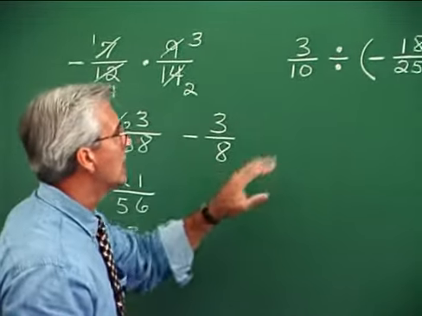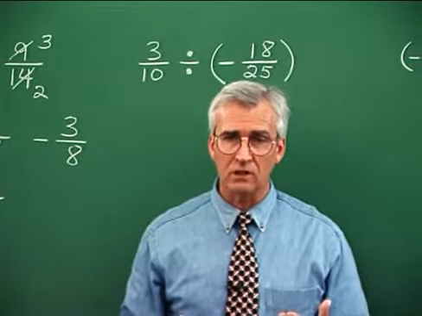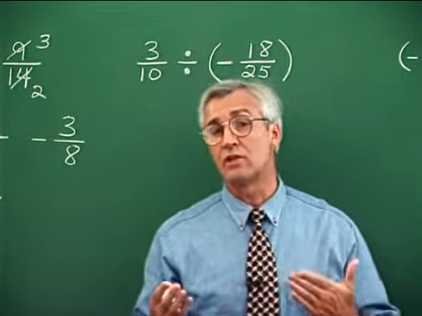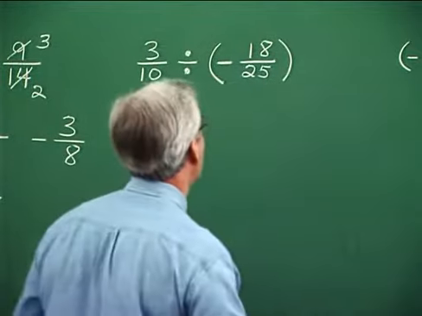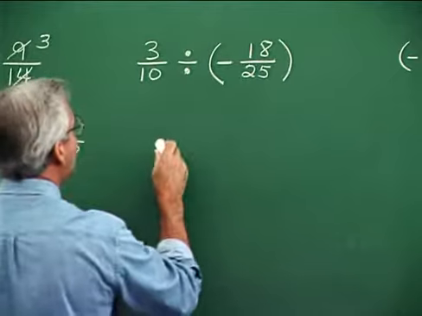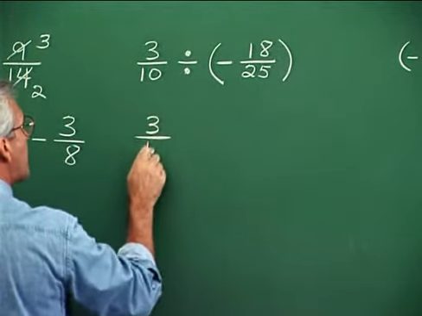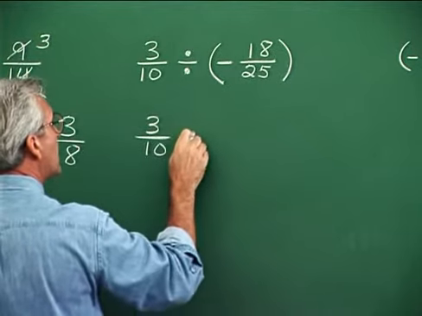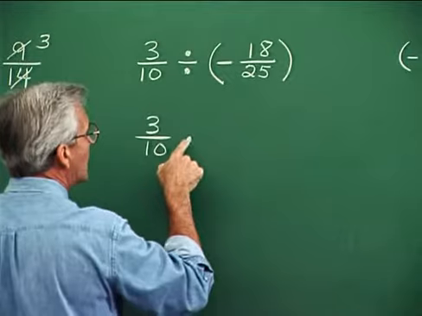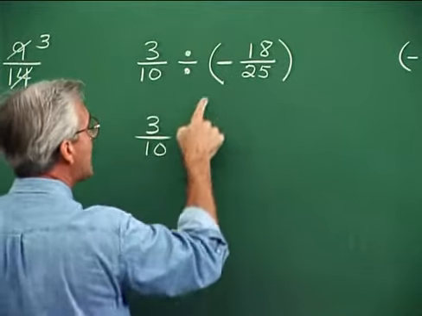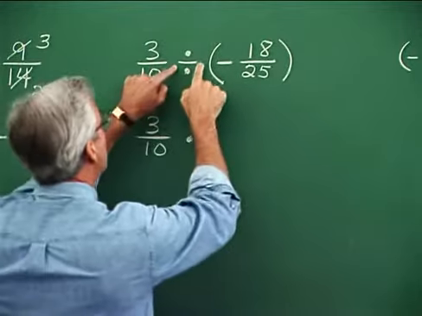Division of fractions involves changing to a multiplication problem. Remember, when we see the division of fractions, we multiply by the reciprocal. So we go through the process of rewriting as a multiplication problem. So this becomes 3/10. Change the sign to times. Now it's almost redundant to use a dot here and a parenthesis. I could just use a parenthesis, but for emphasis, I'm changing the